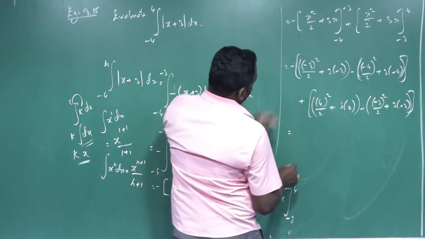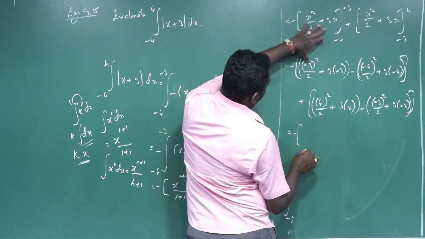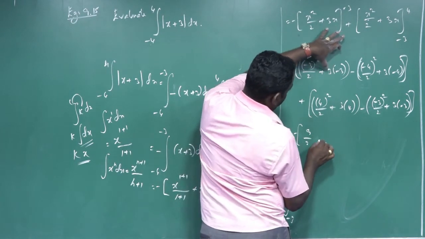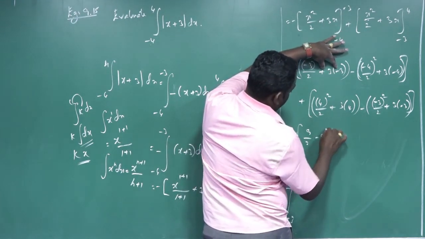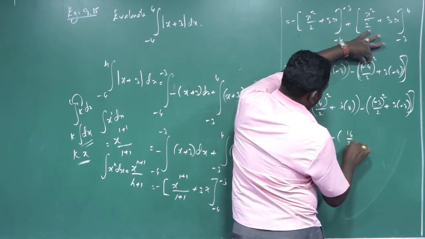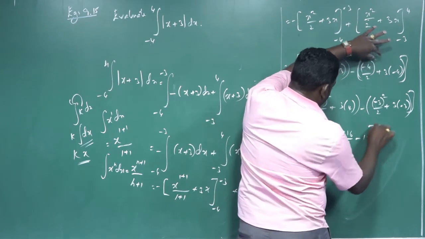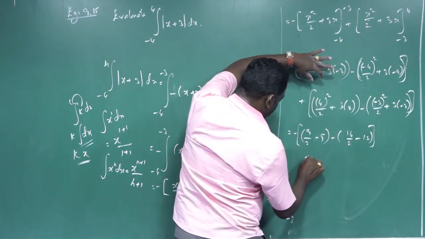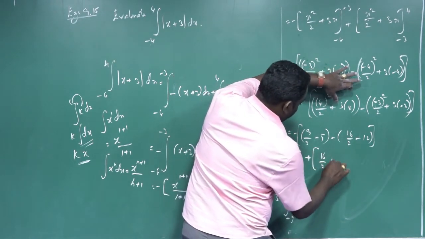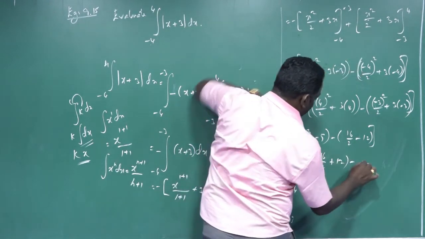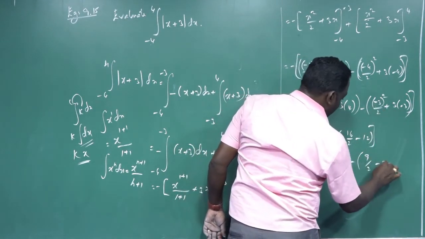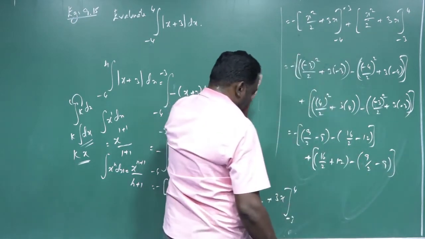Just simplification. Now it is minus, within the bracket of, minus 3 plus 9 by 2, and then minus 16 by 2 and minus 12, first term. Then plus, second term, 4 into 4, 16 by 2 plus 12, within the bracket minus, within the bracket of minus 3 plus 9 by 2, then minus 9. Just remove all the brackets.